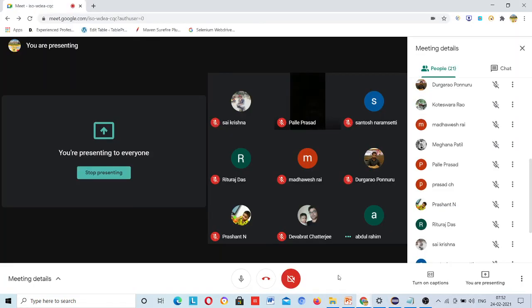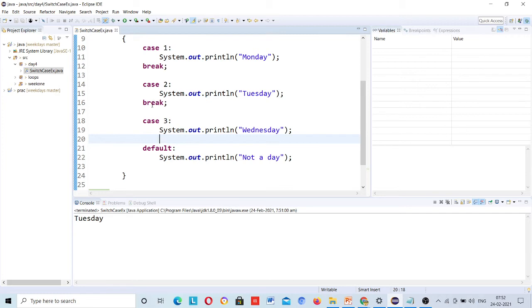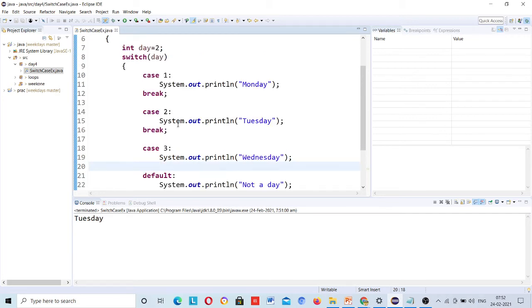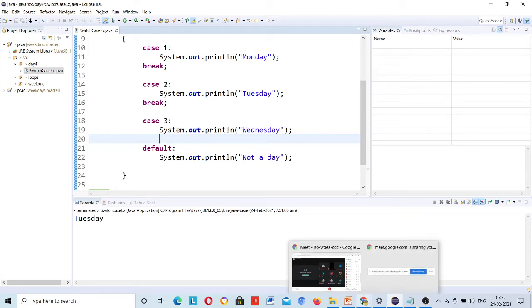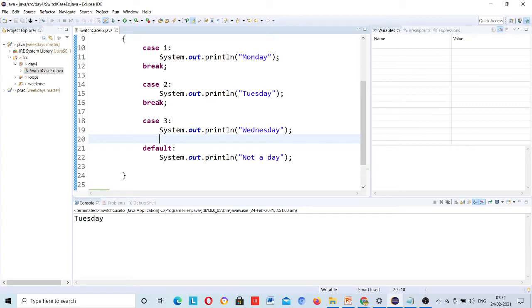You are not audible. Yeah, Madhvesh, can you try what will be the output? Okay, where is the confusion?